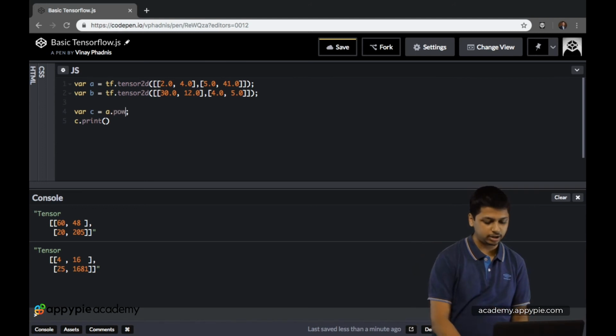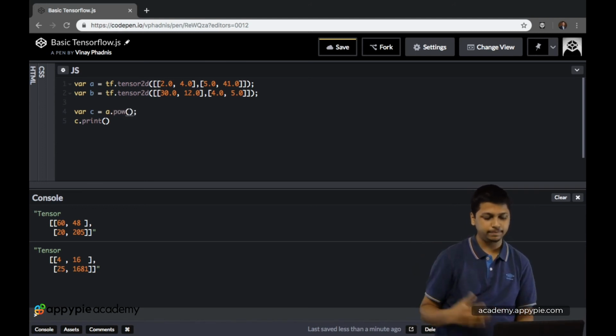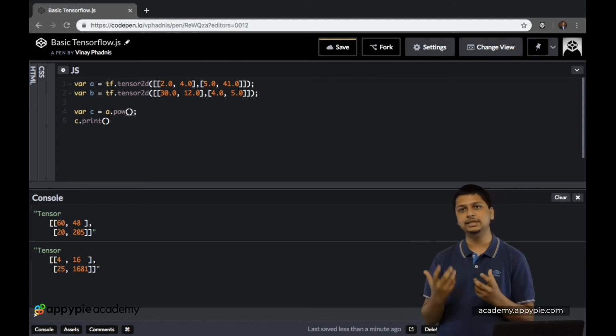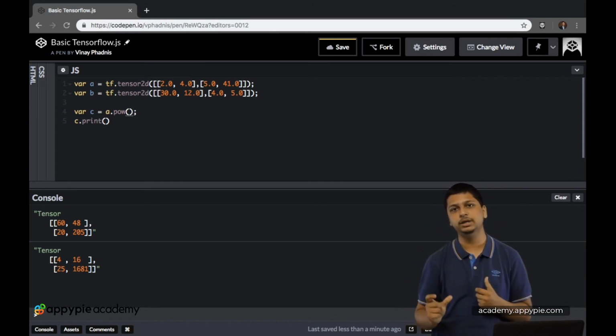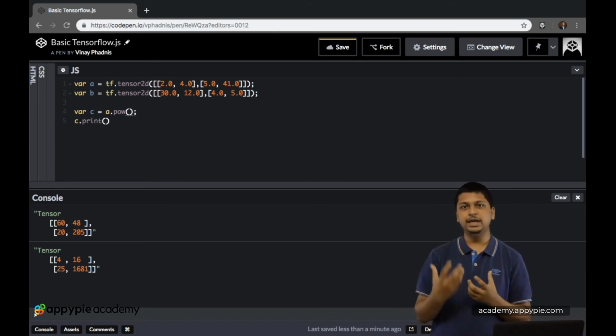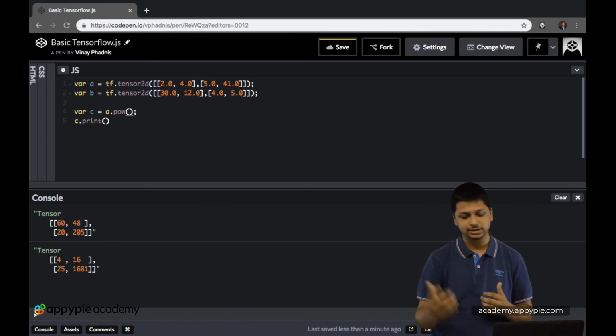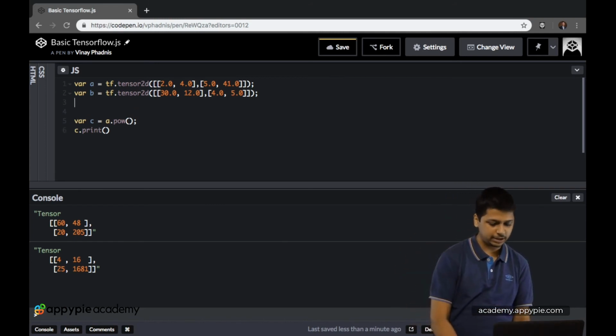So a.pow, which stands for power, and now over here we have to supply a particular number, and to do that we cannot simply put in a number, but instead we have to put in a tf.scalar. So let's declare another variable.